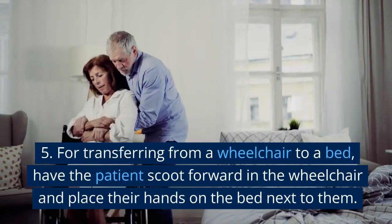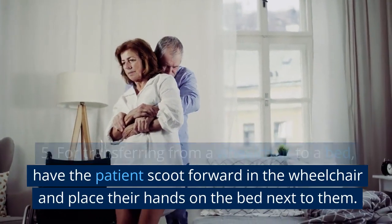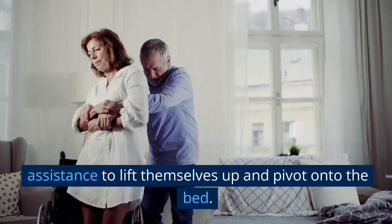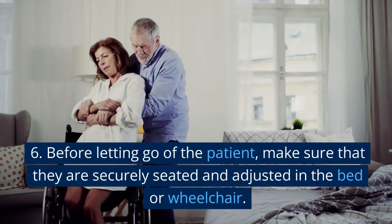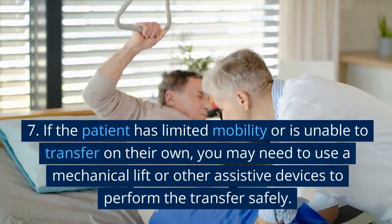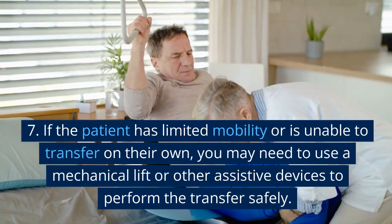5. For transferring from a wheelchair to a bed, have the patient scoot forward in the wheelchair and place their hands on the bed next to them. Then, ask the patient to use their hands and your assistance to lift themselves up and pivot onto the bed. 6. Before letting go of the patient, make sure that they are securely seated and adjusted in the bed or wheelchair. 7. If the patient has limited mobility or is unable to transfer on their own, you may need to